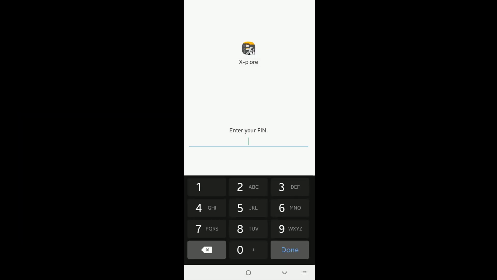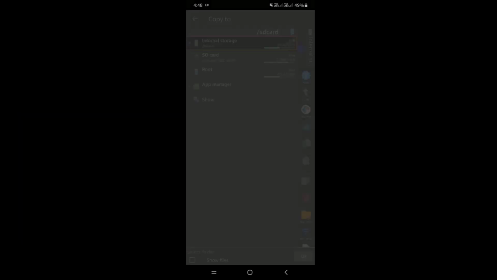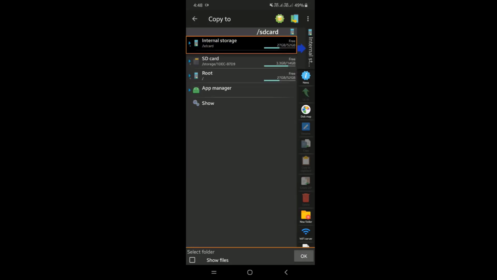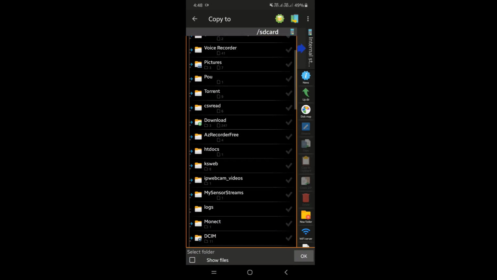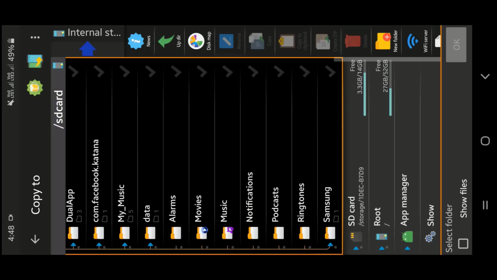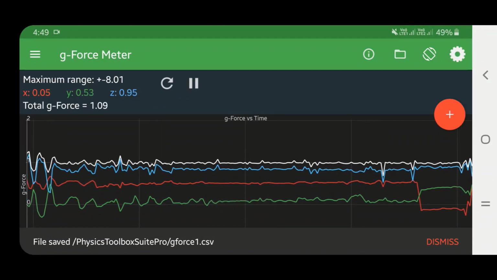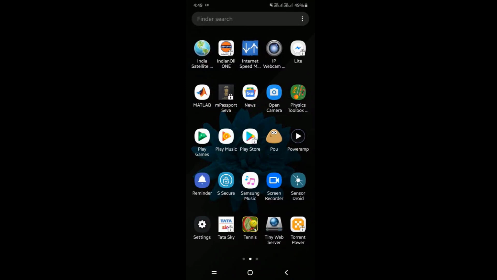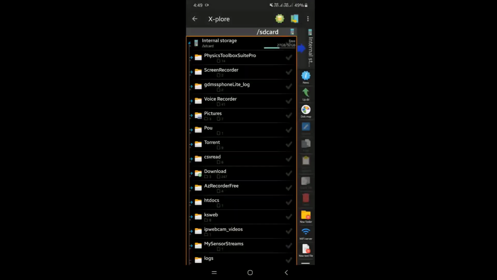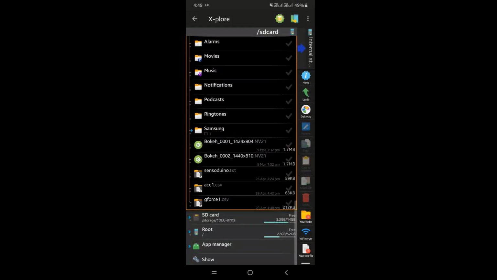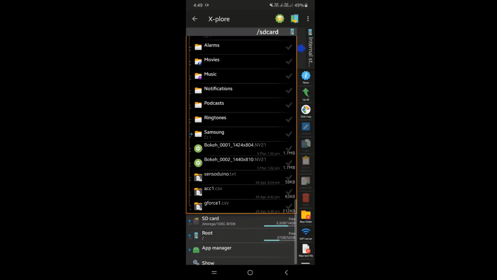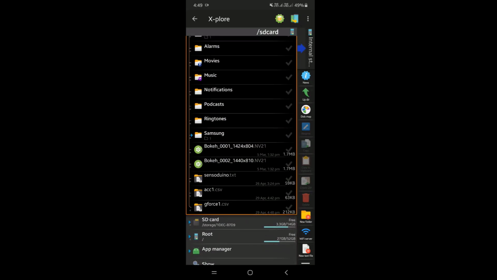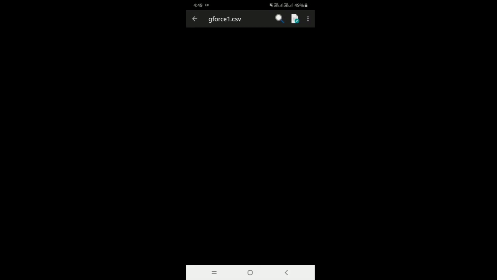So I'm opening this file explorer. So I'm choosing, let's say, the internal storage folder, and just simply pressing this OK button, this file is saved. Okay, so let me show you the stored file. Let me open the explorer. So this is my internal storage, and see at the bottom you can see this one, gforce1.csv is there. So of the size 212 KB. So let me open this file,